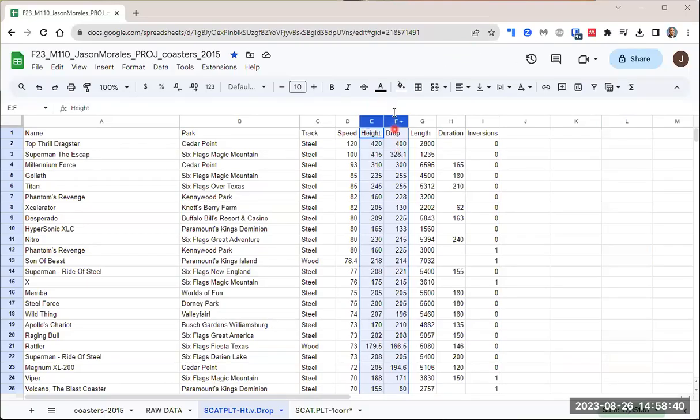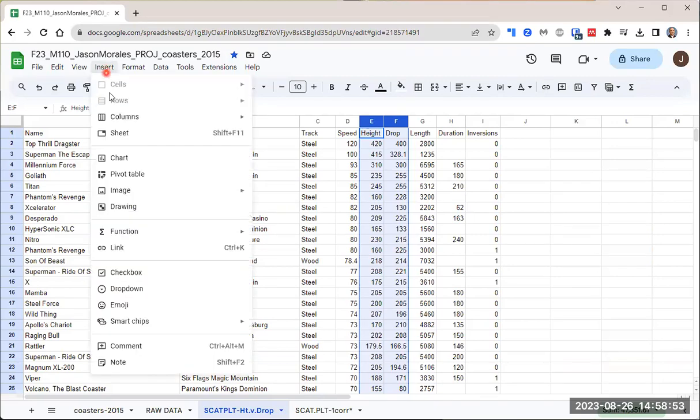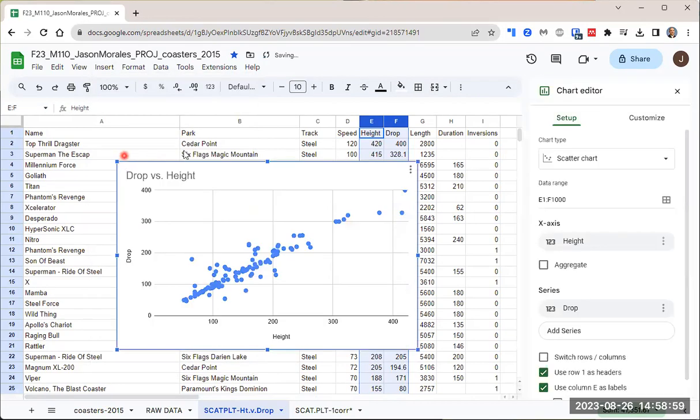Now, with the two columns representing the two random variables that we want to draw a correlation between selected, first you go to the Insert menu, and then you go down to Chart. So we want to insert a chart. And when you left click it,